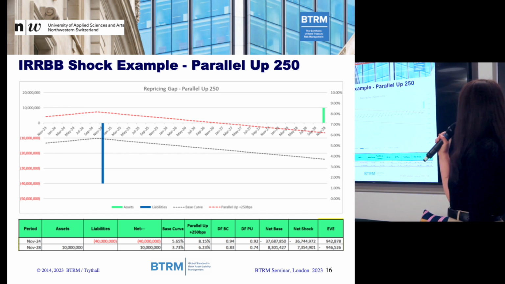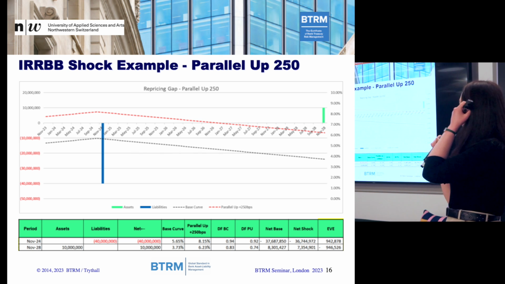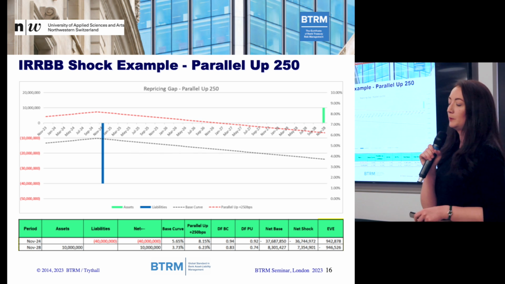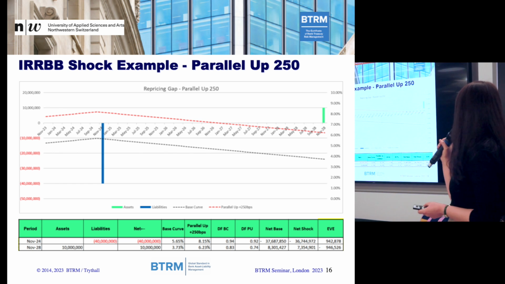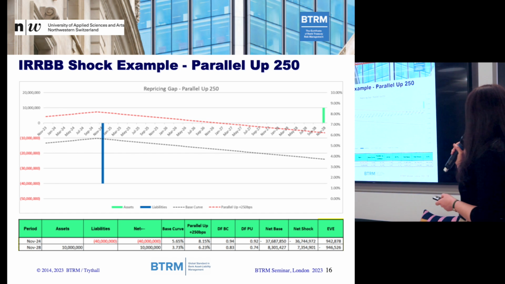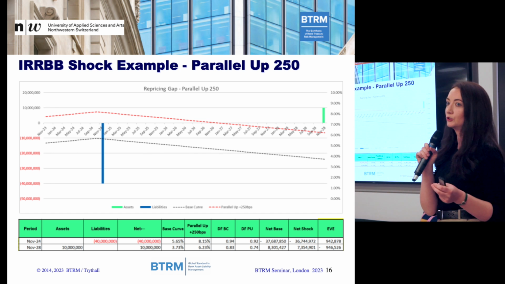So this example here is the parallel up 250 scenario. So basically what we're saying is interest rates have gone up by 2.5%, and how does that impact on the balance sheet and on your EVE? So this is kind of a good example to show how parallel shocks can sometimes hide your true interest rate